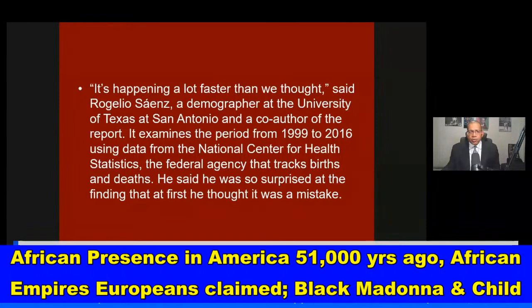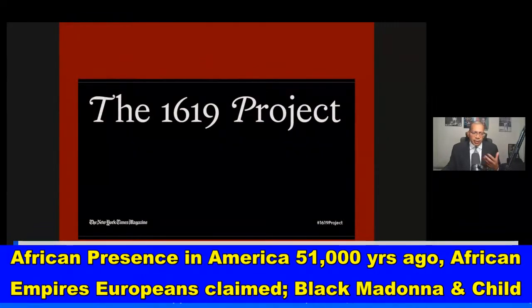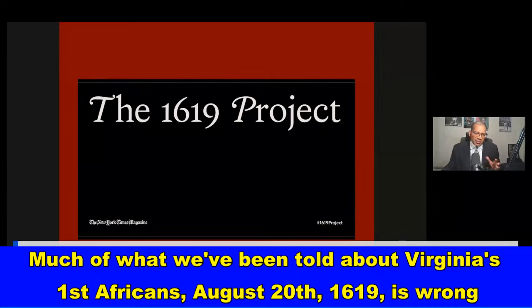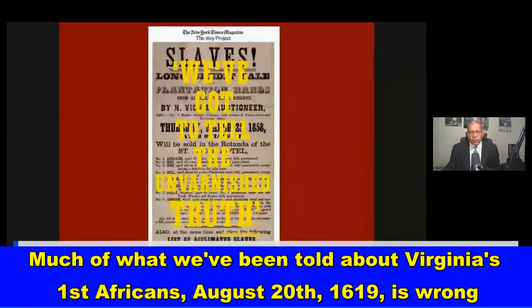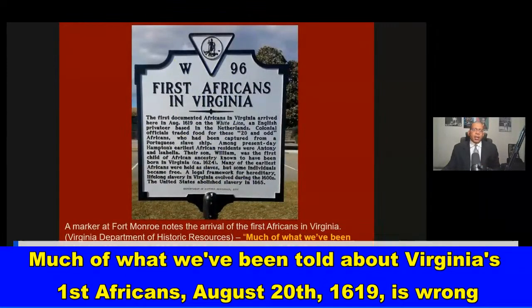Okay, now, the 1619 Project, you've heard me talk about it. You've heard there's some good information there, but you've heard my criticisms about it. And it's important for us to understand that much of what we've been told about Virginia's 1619 first Africans is wrong. There's a good article from VirginiaMercury.com from August 11th, 2019 that deals with this. And in